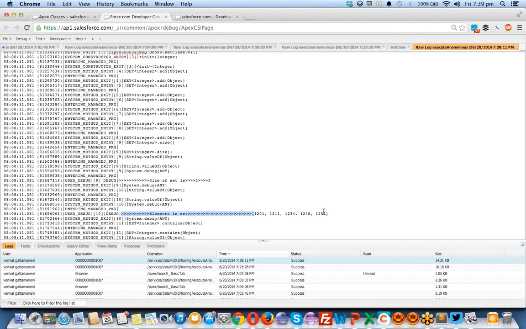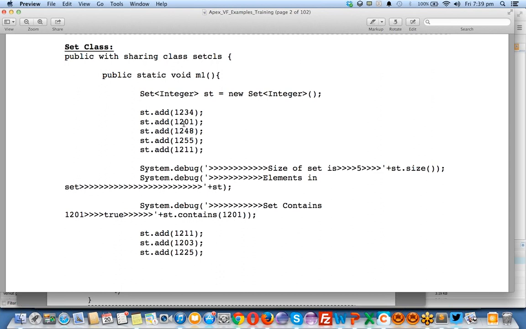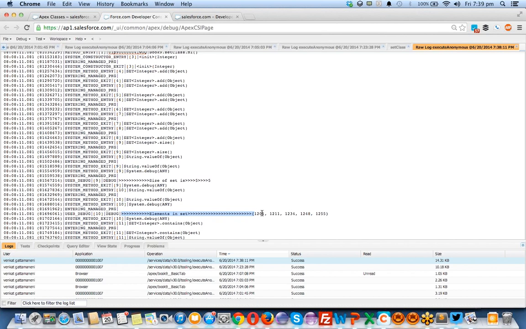I have added 5 items, right? You see these 5 values here in my set additions, displayed in a simple list format in curly braces.